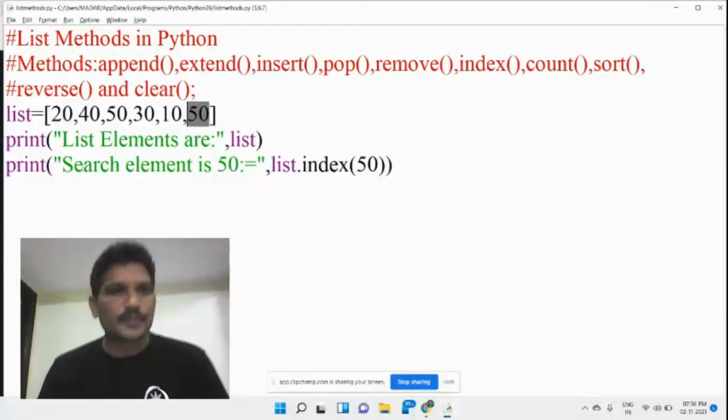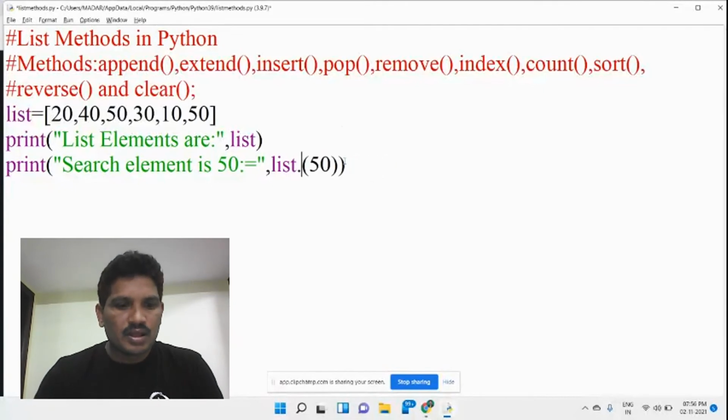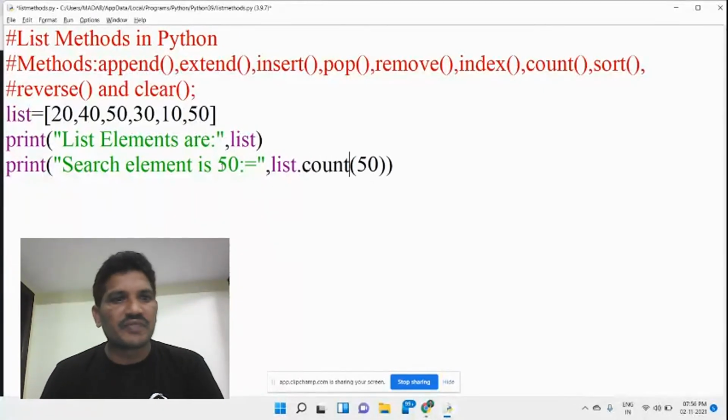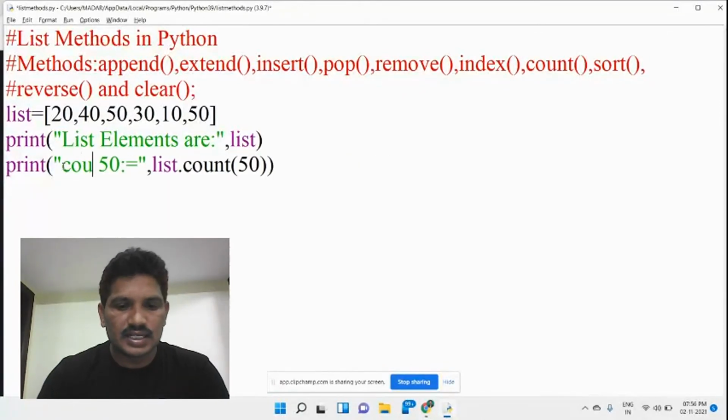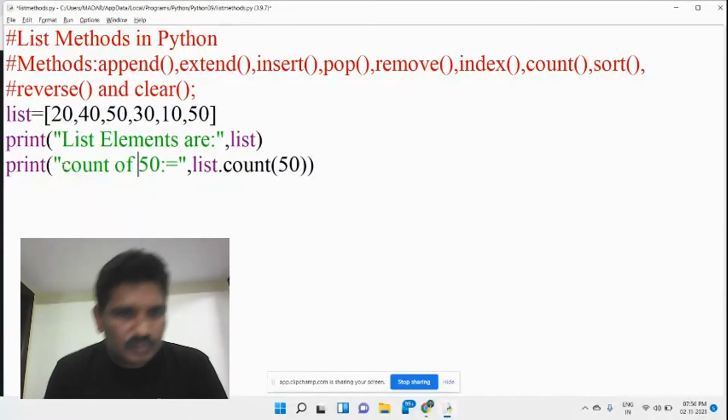Then I will go for the count. What is the use of the count? The count method is used to count how many times a particular element has occurred in the given list. For example, the count of 50.